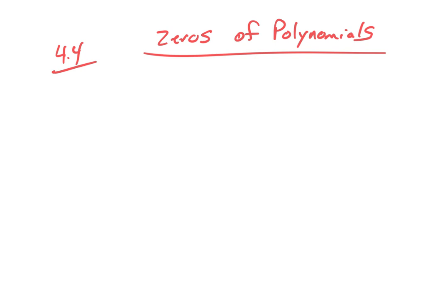And sometimes it's really easy. Like sometimes if we have a cubic graph that crosses it 3 times, then we can find those zeros pretty straightforward. We can use our calculator to help us out. But there's going to be some times where the calculator doesn't give us all the zeros. Maybe some of the zeros are imaginary, or sometimes they're irrational, like they're radicals and decimals, and so they're not quite as easy to pull out and decide what we got. So we're going to find out ways that we can algebraically figure out what our zeros are going to be. So there's 2 different statements that I'm going to give you to start with